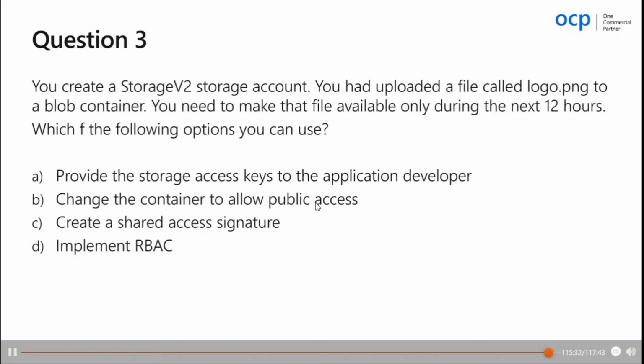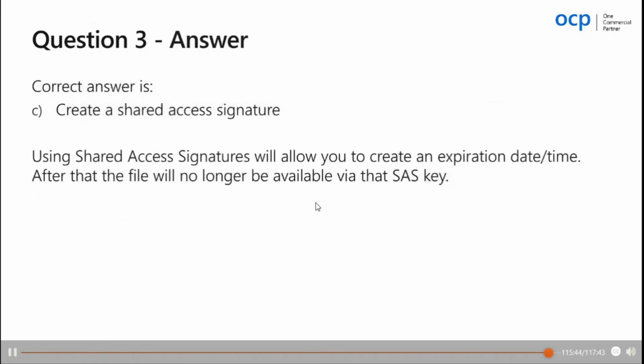The answer to this one, we just saw this, we covered this, we did some demos on this. So the answer is, yes, creating the shared access signature. That's what you end up needing to do. And you can set the expiration date to 12 hours from now, and then that file will be